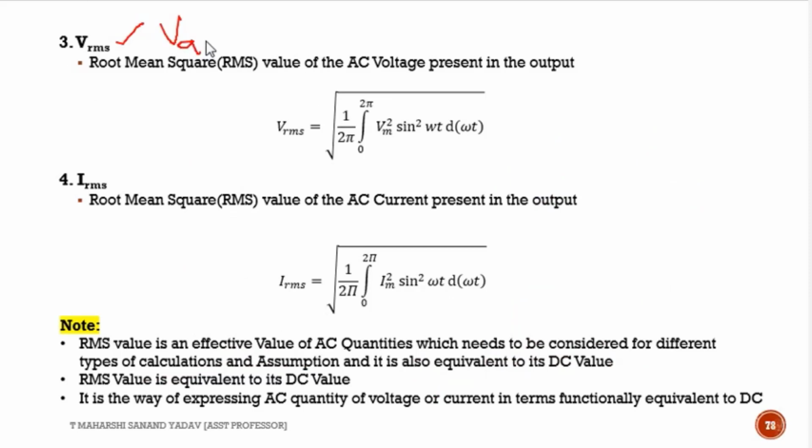Here I need to consider VAC directly. Why am I not considering it? Any idea? Value is varying. Yeah, good. Who is this? May I know your name? Vamshi. Good, Vamshi. Because the value is varying, we can't take directly as AC. So that's why we need to take the RMS value. It represents the AC component that is present in it, meaning it is almost equivalent to DC only, because if some quantity is varying, we can't consider it directly.